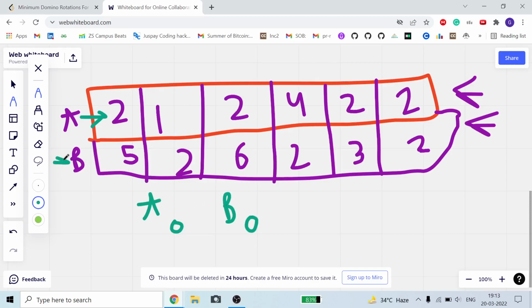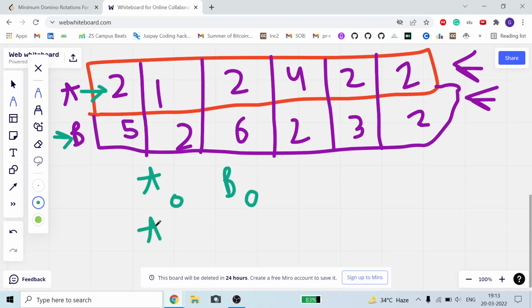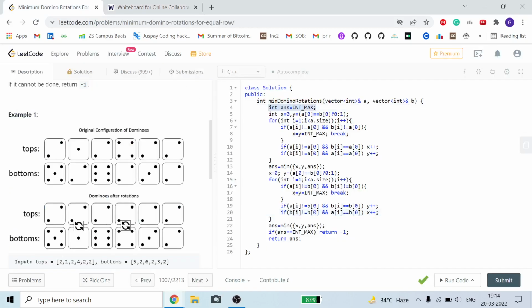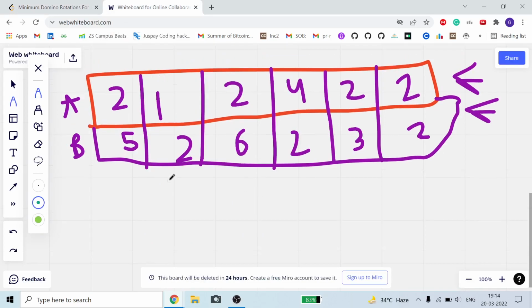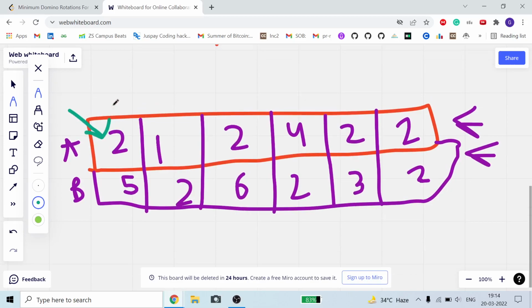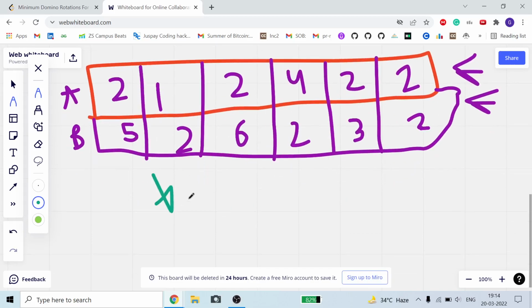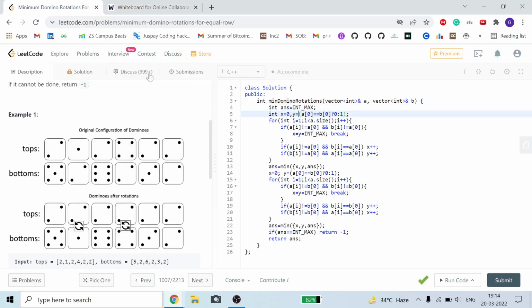Similarly, all the values of this particular row can be tops[0] or bottoms[0]. So we will initially take an answer, then x and y, trying to find the minimum number of swaps we will need to make all tops[i] equal to tops[0]. Now x is the cost to make everything equal to tops[0], and y is the cost to make everyone in